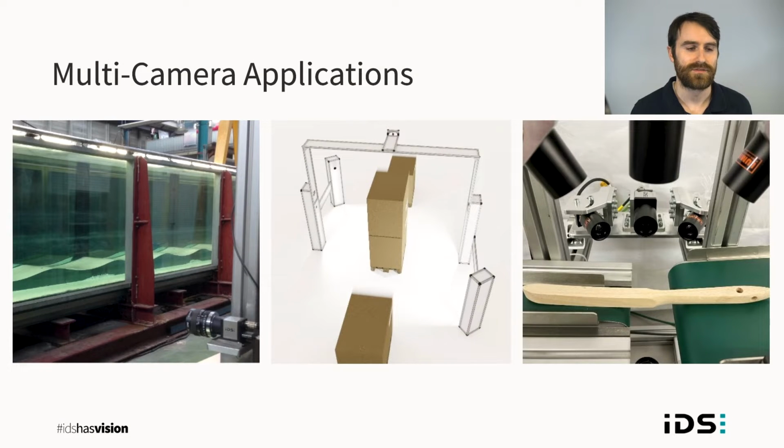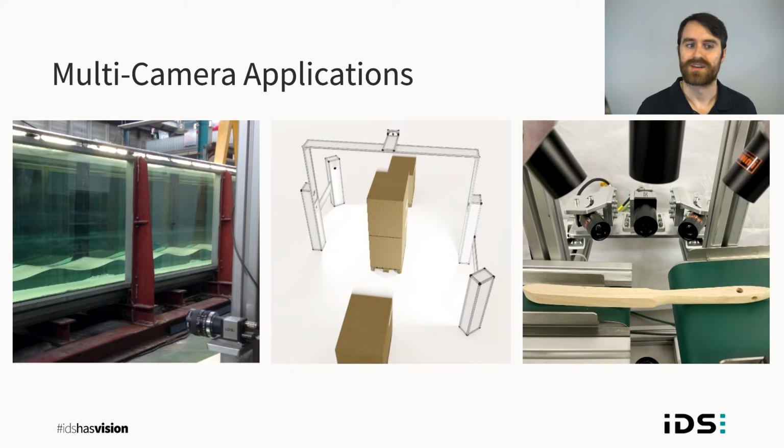So here I have a couple examples. On the left, we have an 8-camera system that's set up to look at a waveguide, so catching waves coming in from a bay. And this customer needed a very wide horizontal field of view in order to see the entire waveguide, and they stitched those images together to create that wider field of view that they need. And they use this data, or are using this data, to create some novel wave metrology methods.